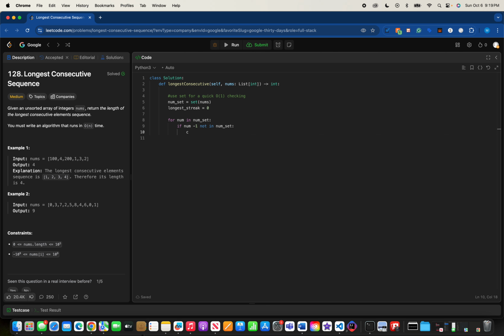Let's make current num equal to num, and then let's make current streak equal to 1. This is num, this should be num. So now let's go ahead and go down. So while current num plus 1 is in our num set,